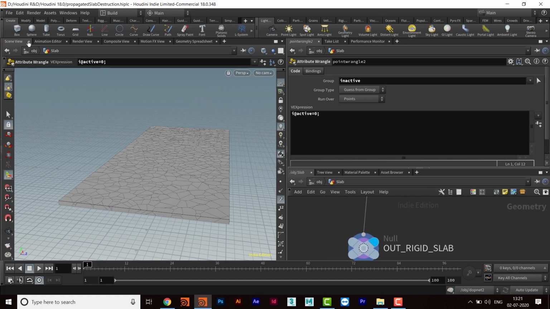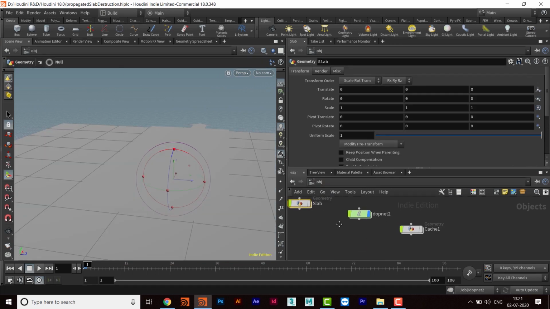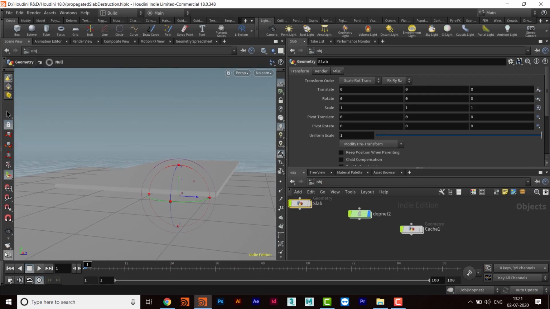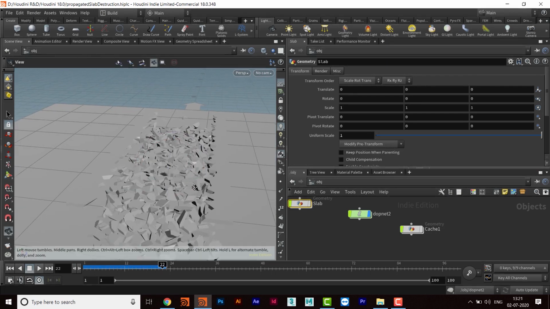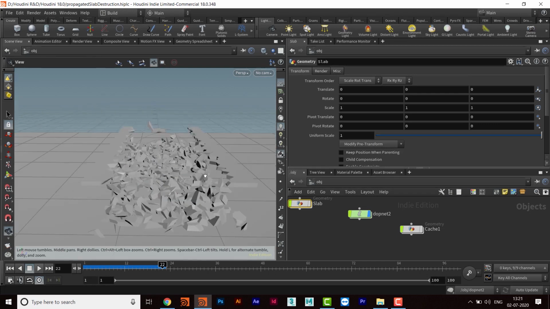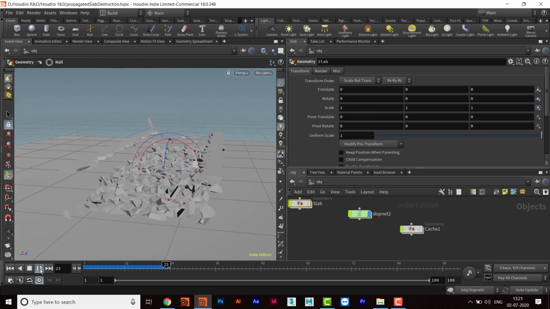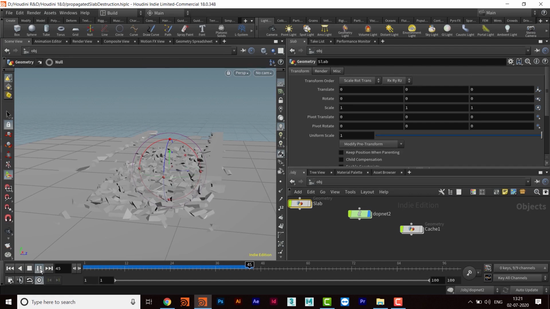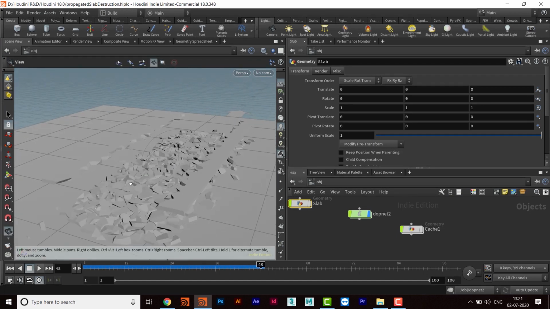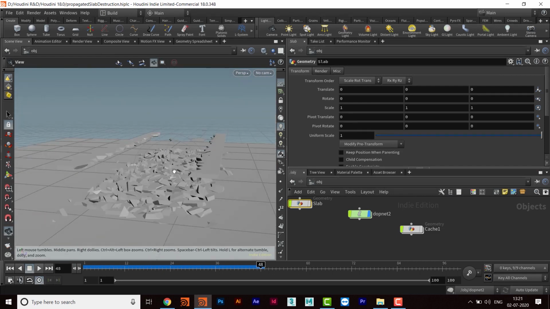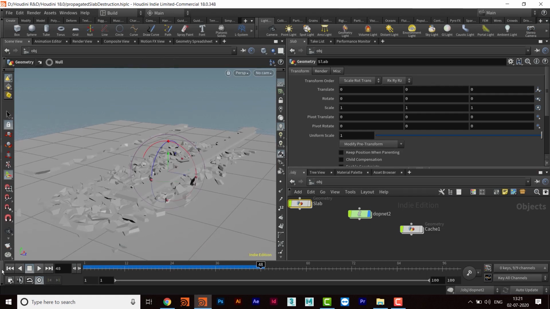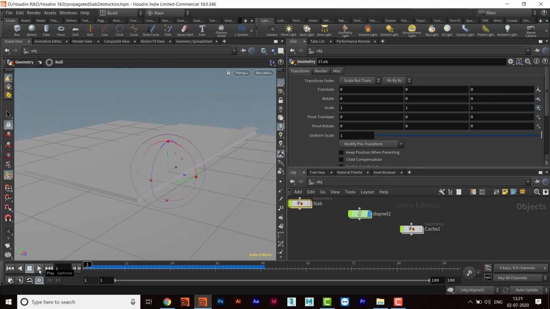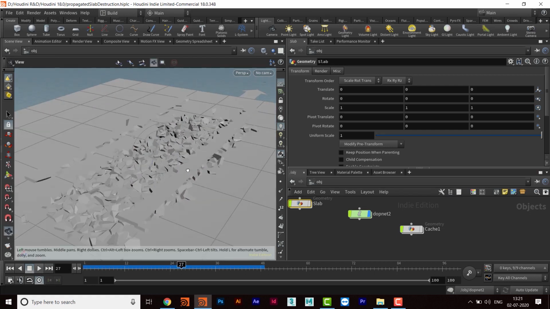Okay, so now only this part is inactive. We can change it anytime, we can reduce it and maybe increase the part. So this part will be the inactive part, and the chunks which are going down will be part of the active part. Okay, so now the next thing is, I don't want all of the primitives to go down at once. I just want to activate them